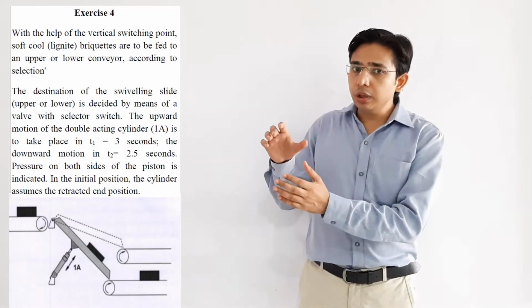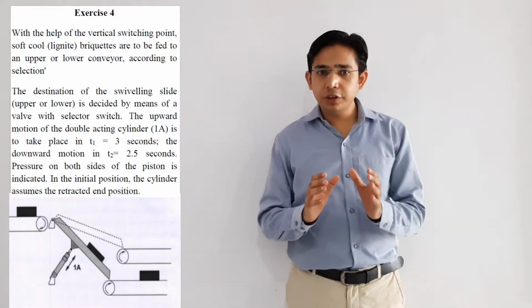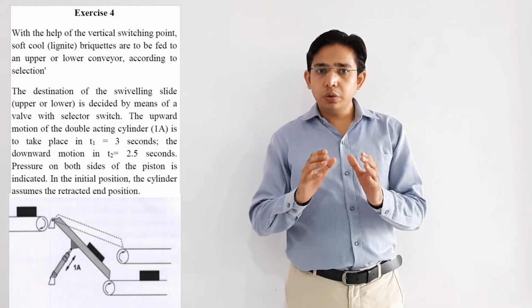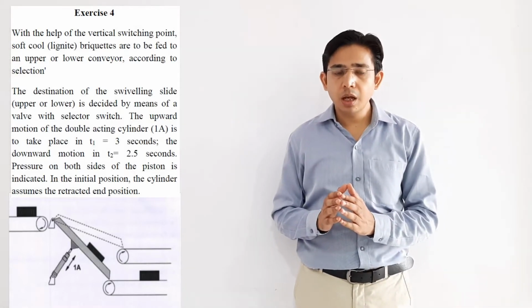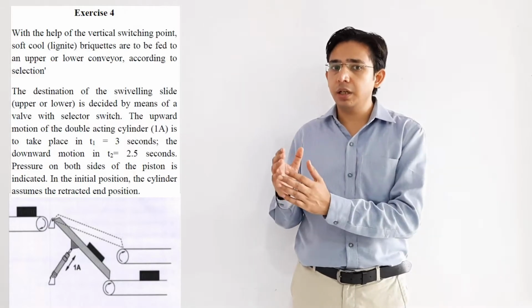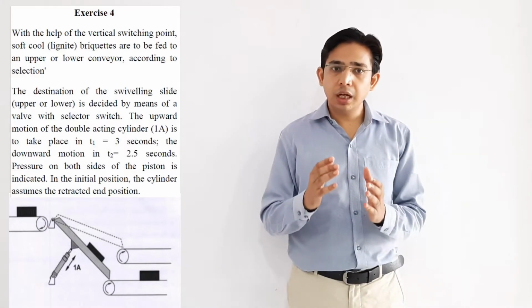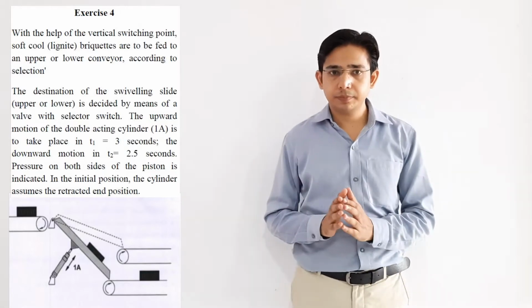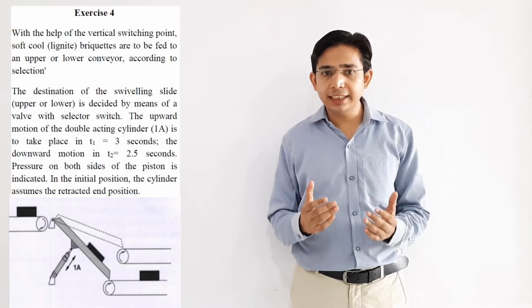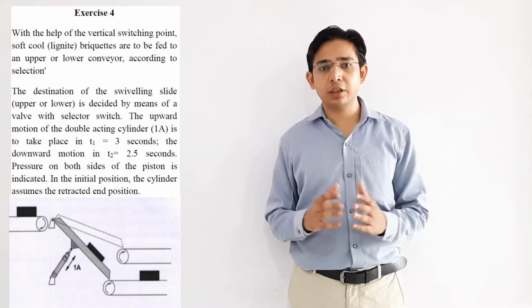We have to control the speed of this cylinder also. For this, we will need two flow control valves for both the directions, and we have to measure the pressure in each and every action. So we will also use two pressure gauges in each line. Now we have to design this system to solve this problem with the help of pneumatic technology.